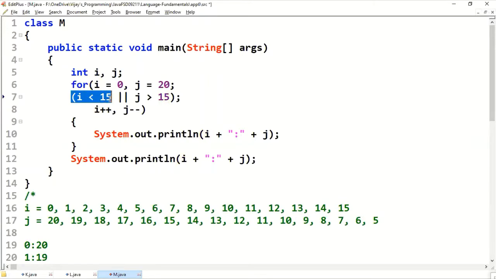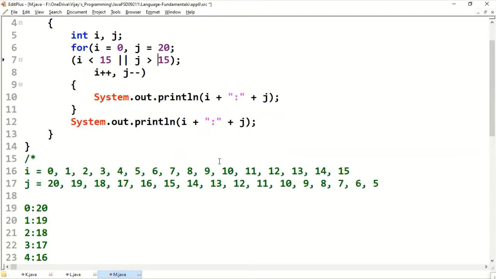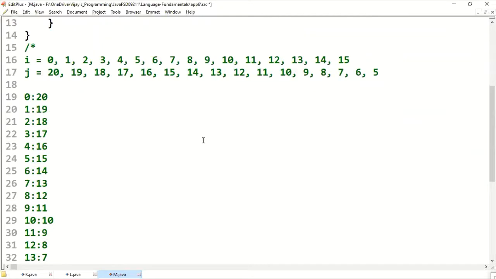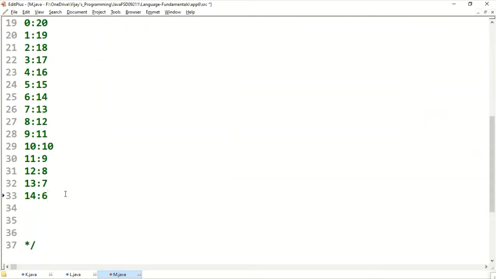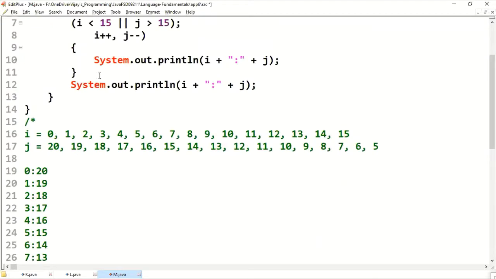It has to check the second condition. Whether the current j value, 5, is greater than 15? No, false. This is also false. Comes out, printing the last value.